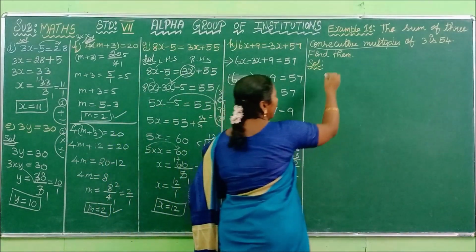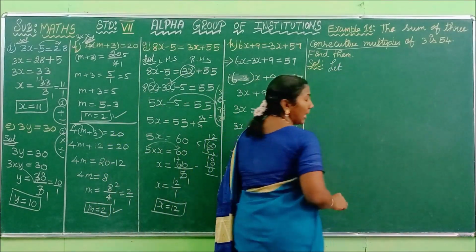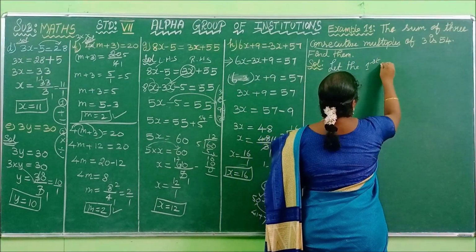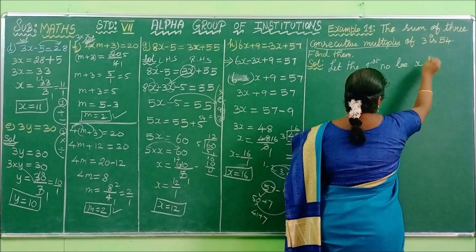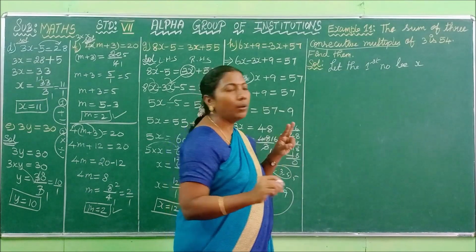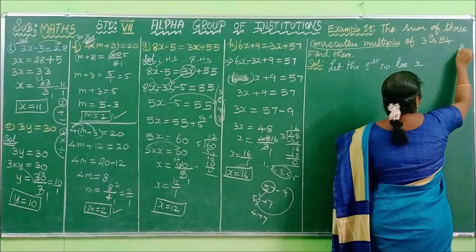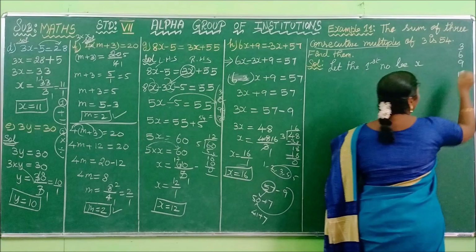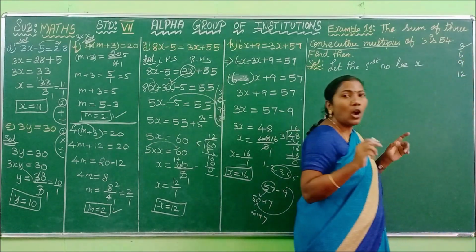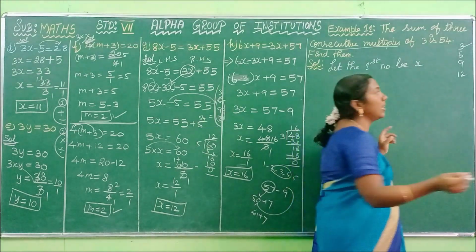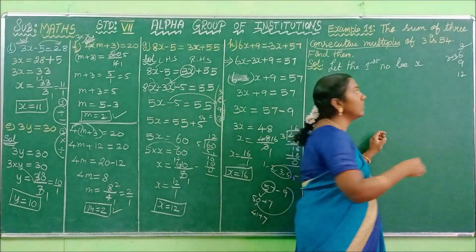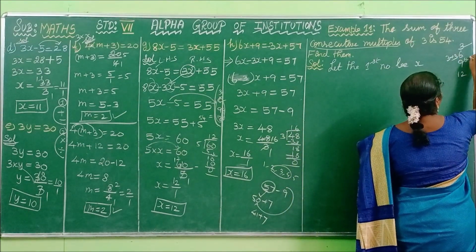Okay. First step, we usually take the unknown thing as variable x. Let the first number be x. Since it is a multiple of 3, what should be the second number? See here, multiples of 3 always differ by 3. Here we have 3. What is the next number? 6. How do you get 6? 3 plus 3, you get 6. Similarly, how do you get 9? 6 plus 3, you get 9.